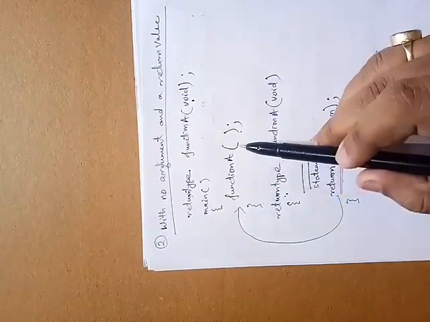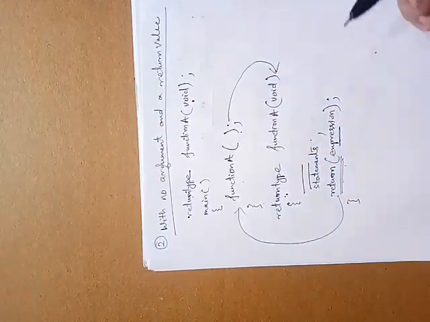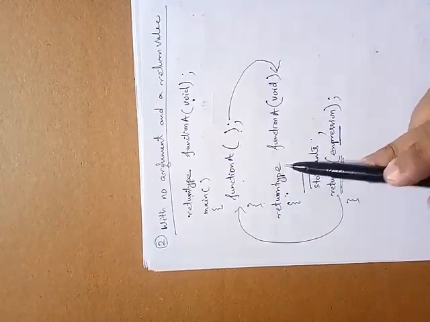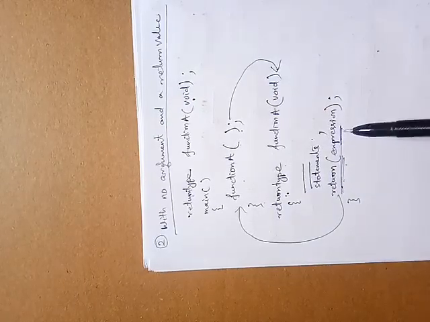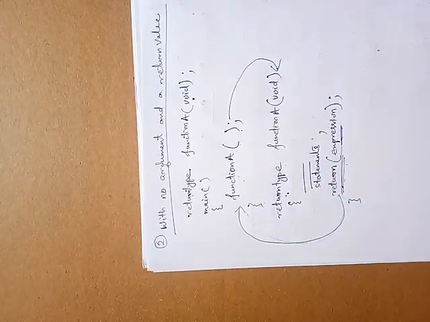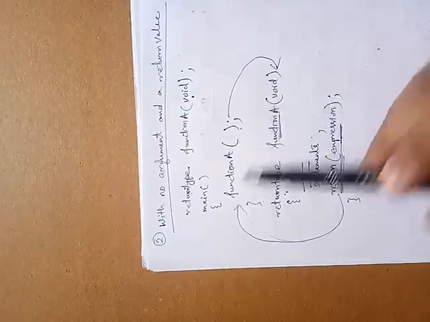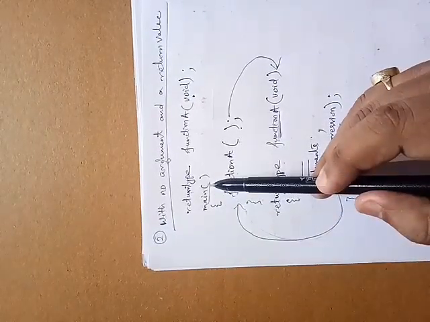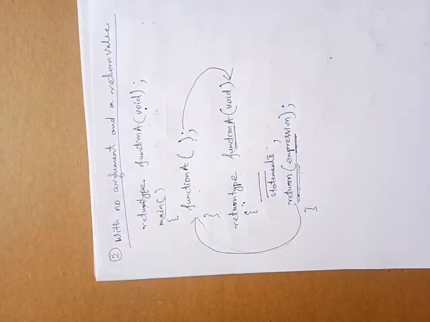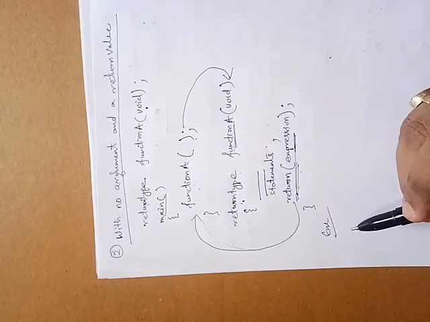So when function A is called, the control will pass to the definition part, the statements will be executed, and because there is a return type, we have to mention the return expression, and this expression value will be returned back to the calling function. Here function A is the called function, and the main function is the calling function. Okay, so this is the syntax for function with no argument and a return value. We can write one example for this type of function.